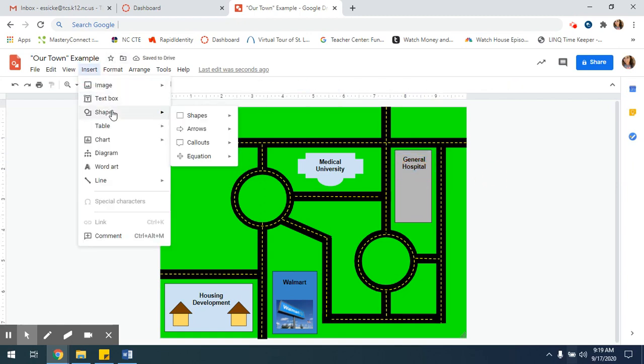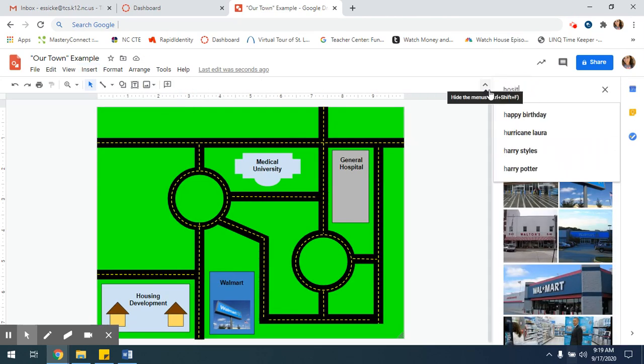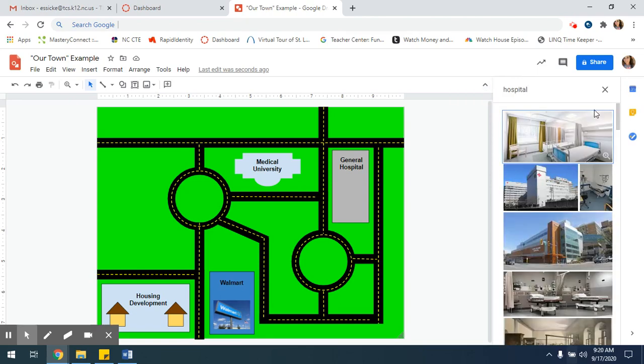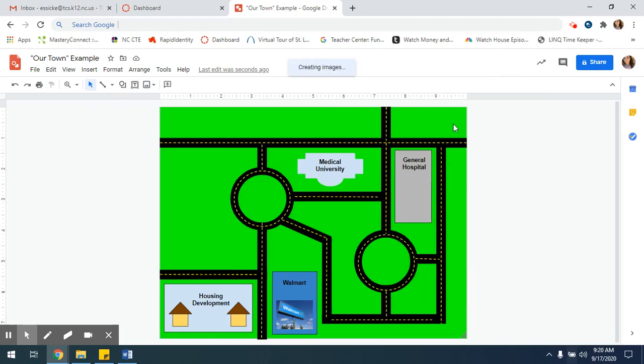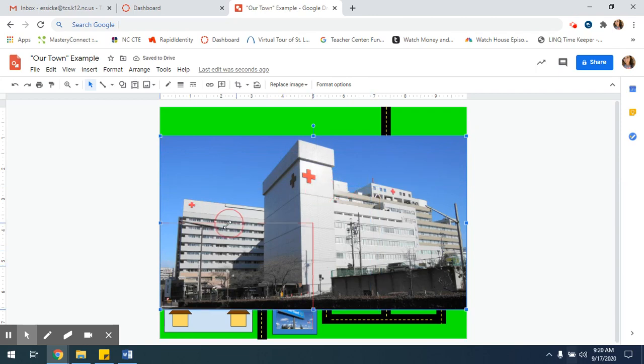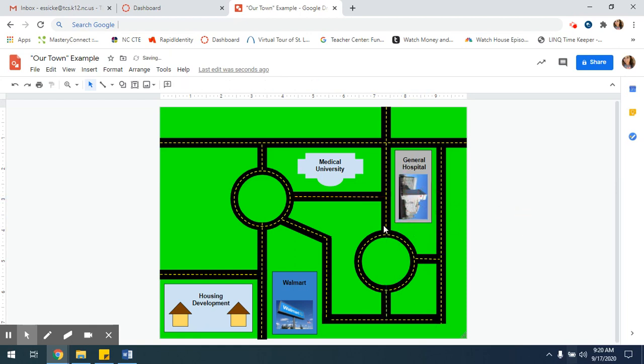And maybe I want to also add an image again. I'm just going to Google hospital. And then, of course, I'm going to have to make it much, much smaller. And you can also turn them to fit inside of your box. Kind of imagine that if this was on Street View, what it would actually look like. Okay, so you're going to go through and you're going to do that for all of your different healthcare and